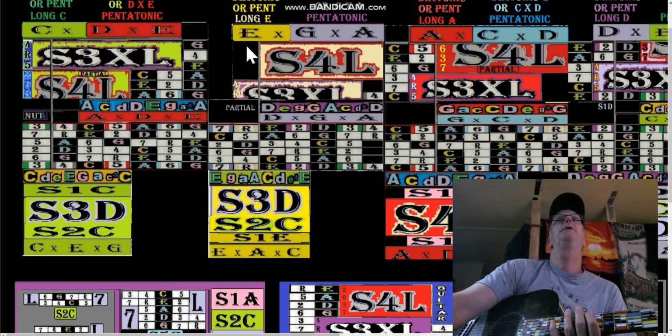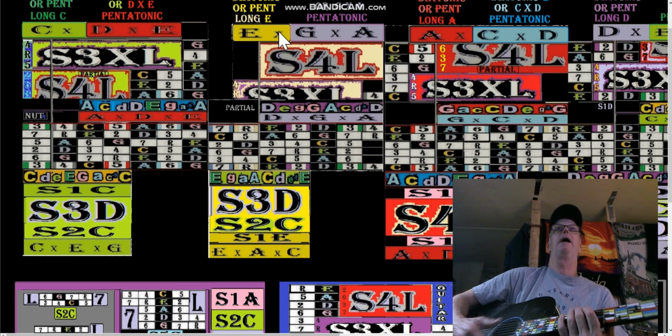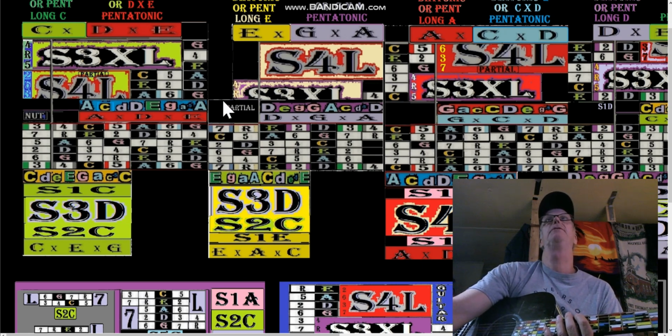But between the C and the E in these long patterns, there's also a missing fret, because the missing fret is always in between the C and the E. Let's look at that. Here's our missing fret here. Okay, here's the C shape, here's the E shape, 7, root, 2, missing fret, 3, 4, 5, C shape. So in between that C shape and this E shape is the true missing fret. But in between this big gigantic